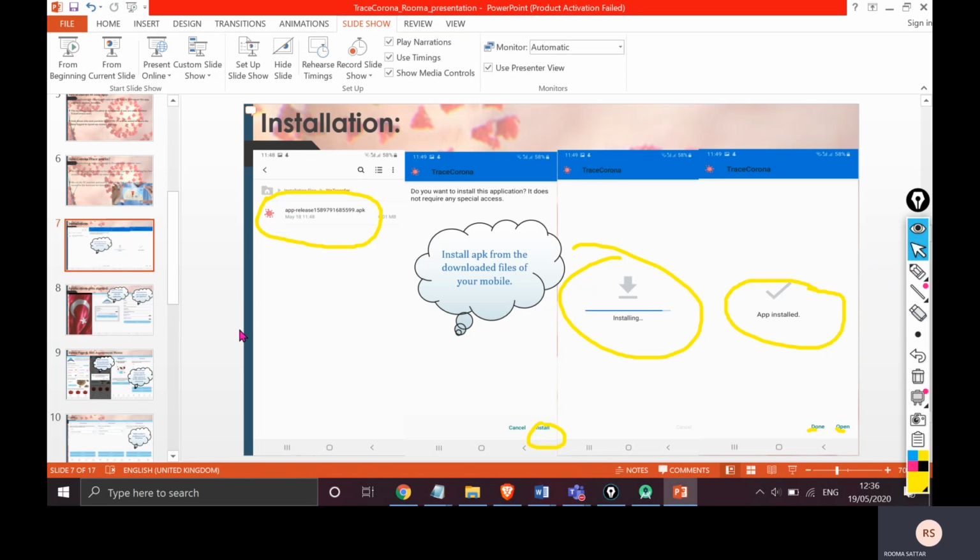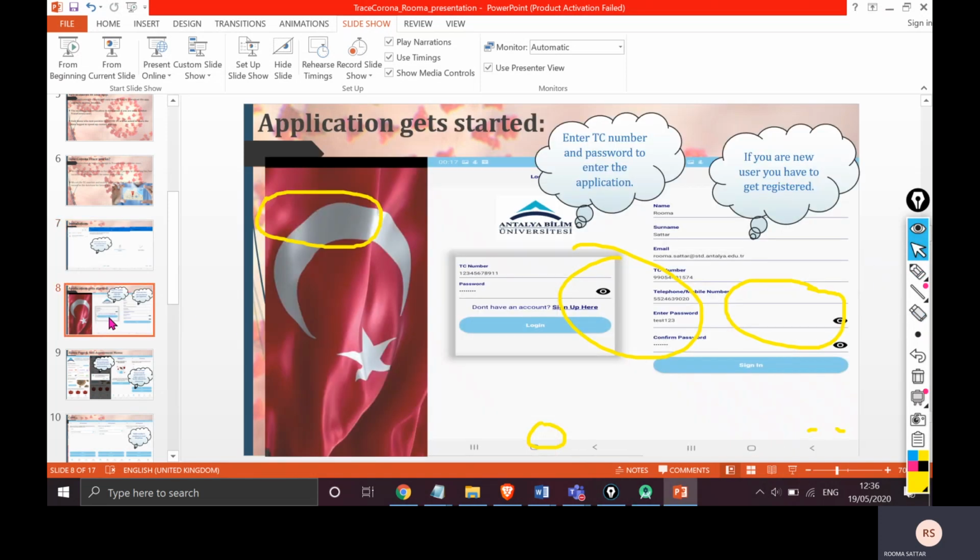and when you open the application, this screen will be displayed on your screen, and the login page is like this: TJ number and password. If you're a new user, then you have to click on sign up here. Then the sign up page will ask you for some details like your name, surname, email, TJ number, telephone number, and password. After that,